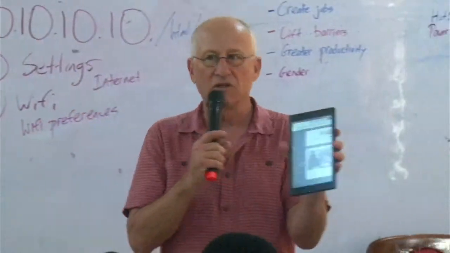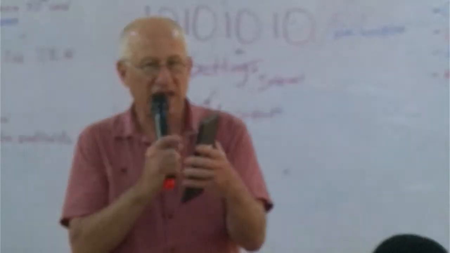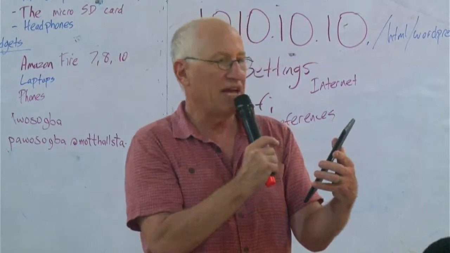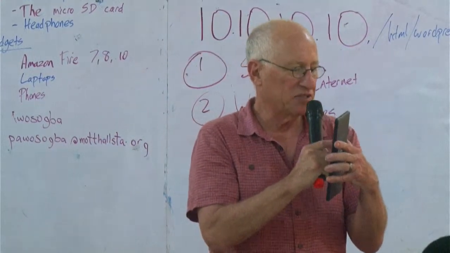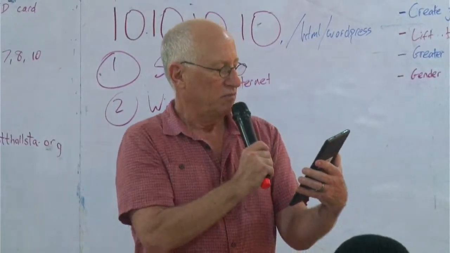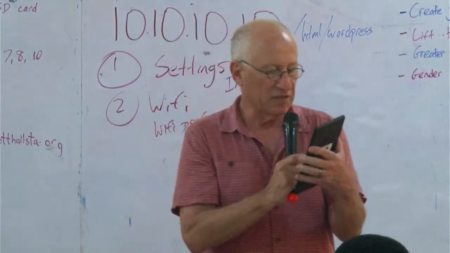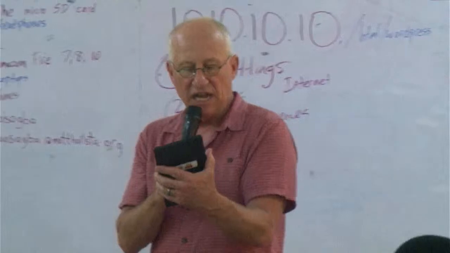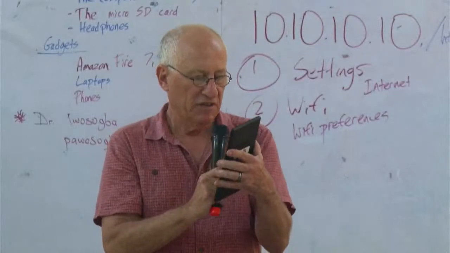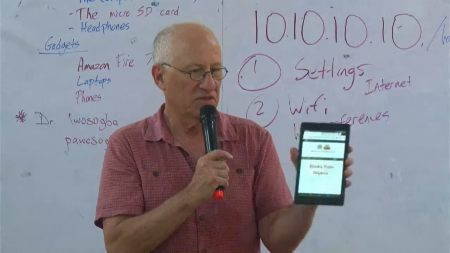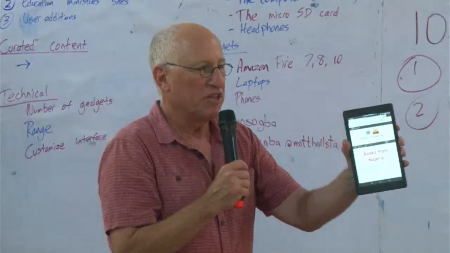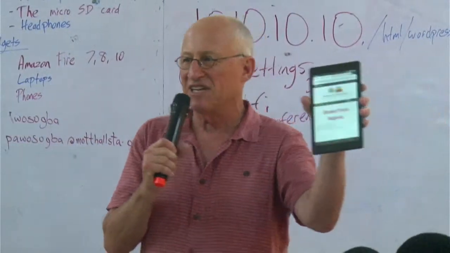And now you should see a whole list of resources. You're going to have to scroll down pretty far. Past Math and Science. Past Wikipedia Plus. Did I go too far? Oh, past Health Plus. Nearly at the bottom, it says Nigeria and Yoruba. And then if you touch where it says books from Nigeria. Okay, I went too fast. When you get there, it will say books from Nigeria in red.